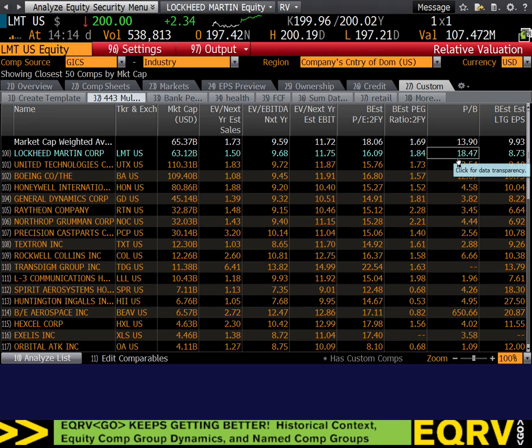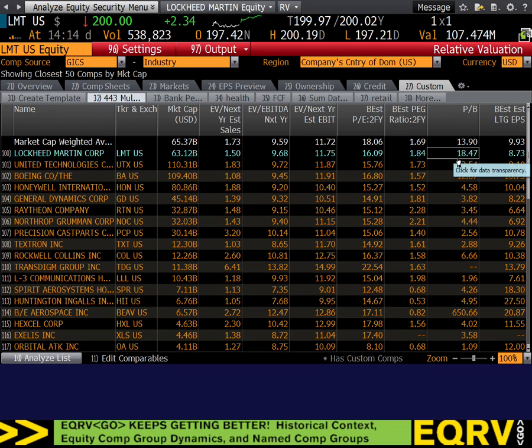And that's the one challenge with all of these multiples: they're based in accounting, and accounting can distort them. And so we're going to have to be careful when we look at these multiples to figure out if they're telling us the actual story or if they're telling us a distorted story. And price to book is one of the ones more easily distortable. But if it's not distorted, it's a great ratio because it tells you about the spread.